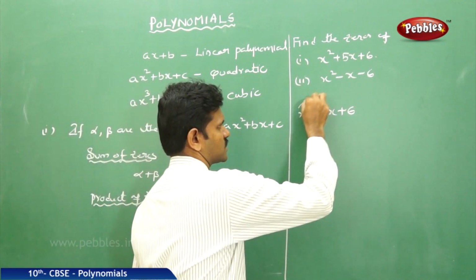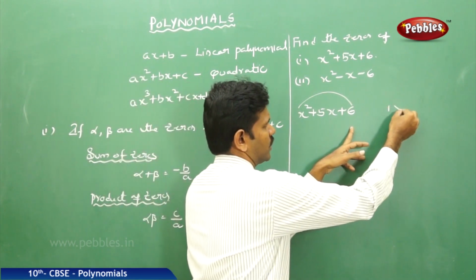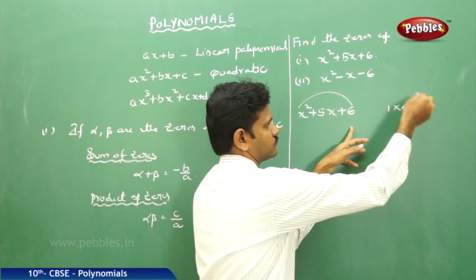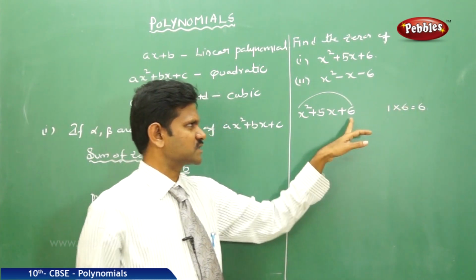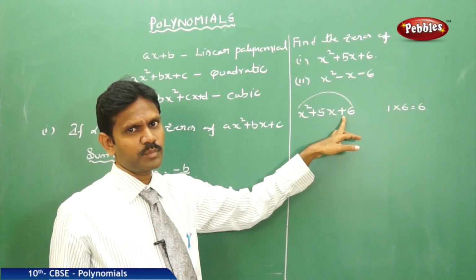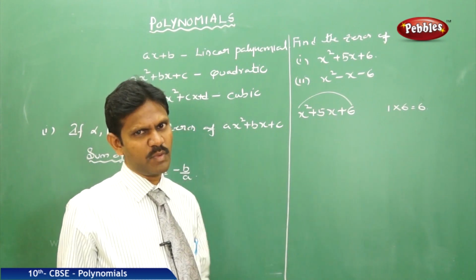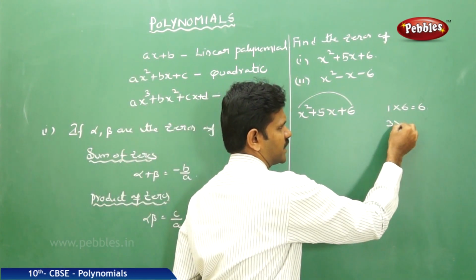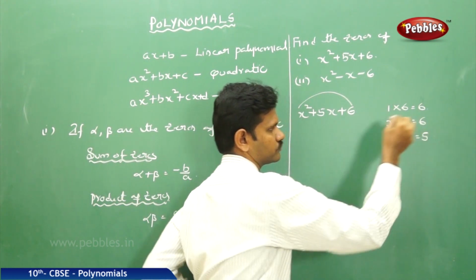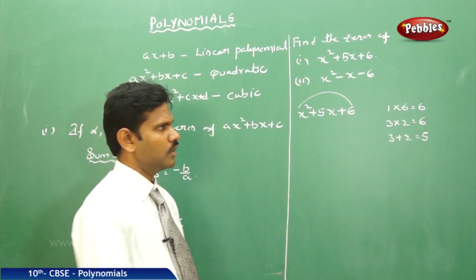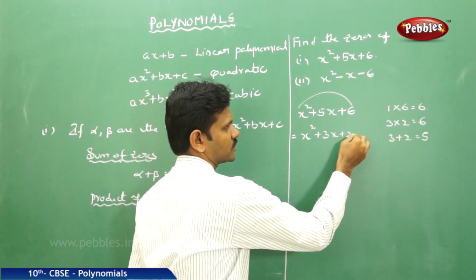First of all, multiply the coefficient of x square and the constant, that is 1 into 6 is equal to 6. I have to find the factors of 6. Let us check. The sign beside the constant is plus, that is addition. That means after adding your factors, you must get the number 5. Remember, the product 3 times 2 is equal to 6, and 3 plus 2 is equal to 5. I got my 5. Now arrange these in order: x square plus 3x plus 2x plus 6.